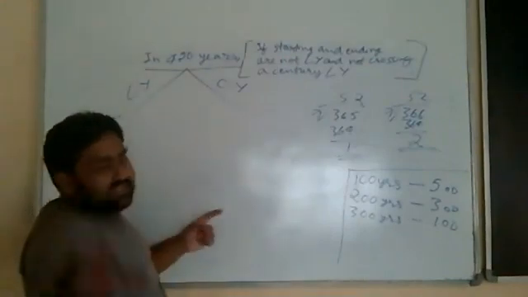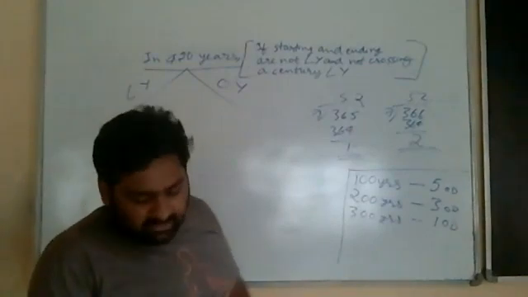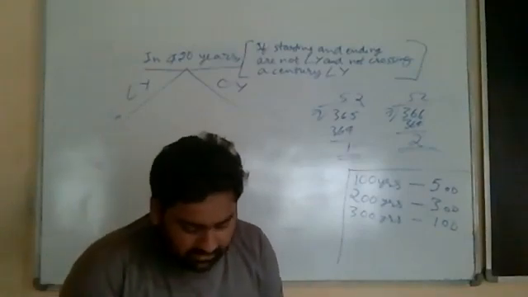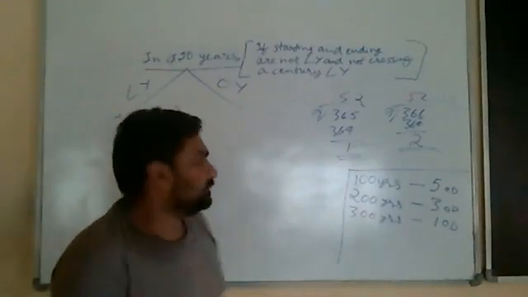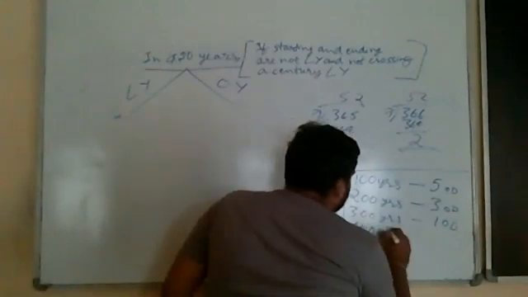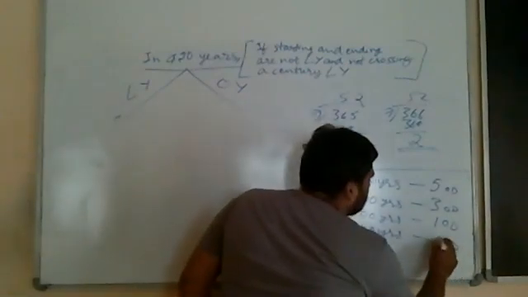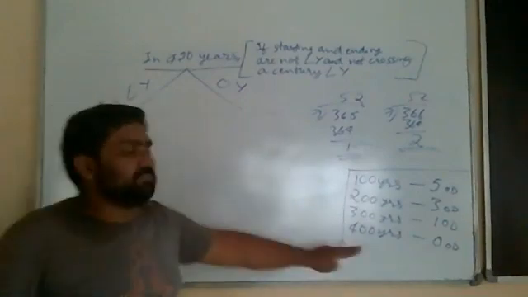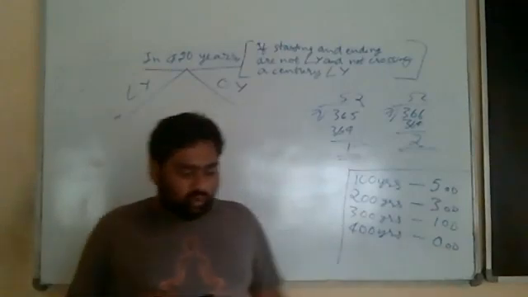Because once in every 400 years, there will be a centurion which is a leap year. Do you understand this? So for every 400 years, your answer should have been actually 6, but it will become 0. Because that extra leap year will add 1 more day, so your odd days will become 0. Just remember this much. 100 years, 5. 200 years, 3. 300 years, 1. And 400 years, the answer is 0 odd days.